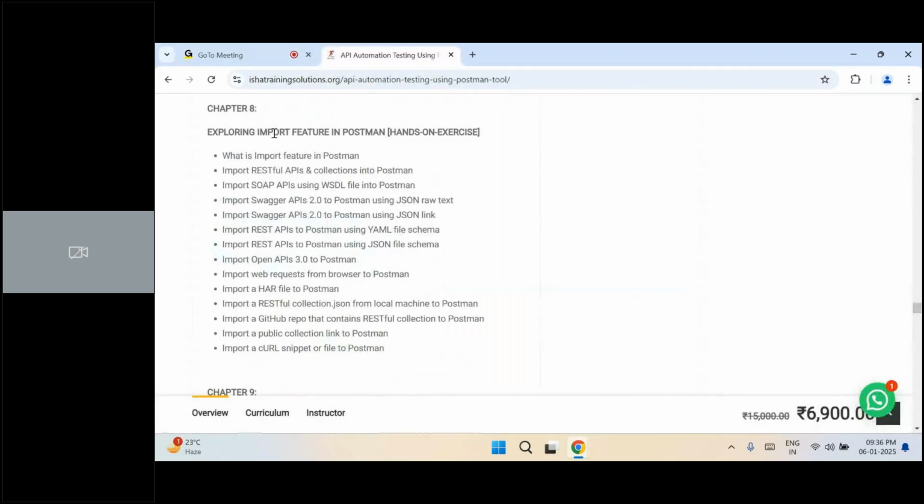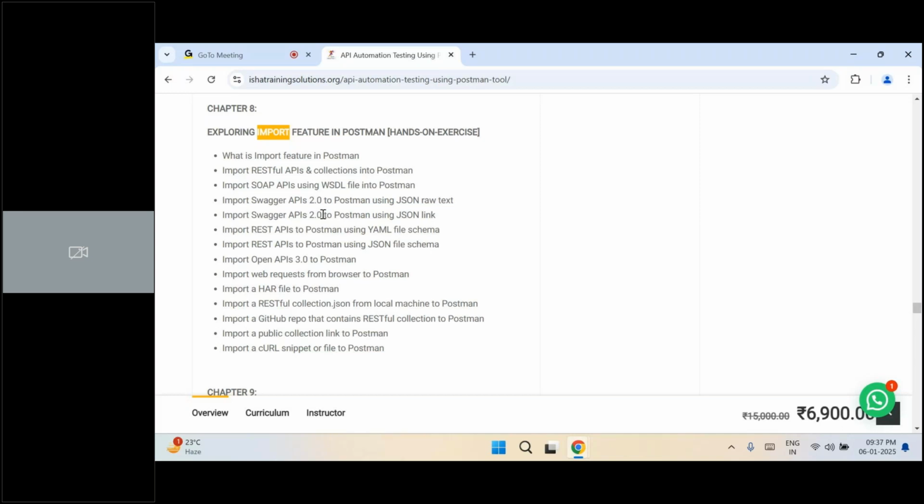So chapter 8, we are going to talk about one of the very critical and important features in Postman called import. Once you understand the import feature in Postman tool, you can handle nothing less than 10 different projects in real time. So import is a shortcut given by Postman to understand any kind of API documentation.